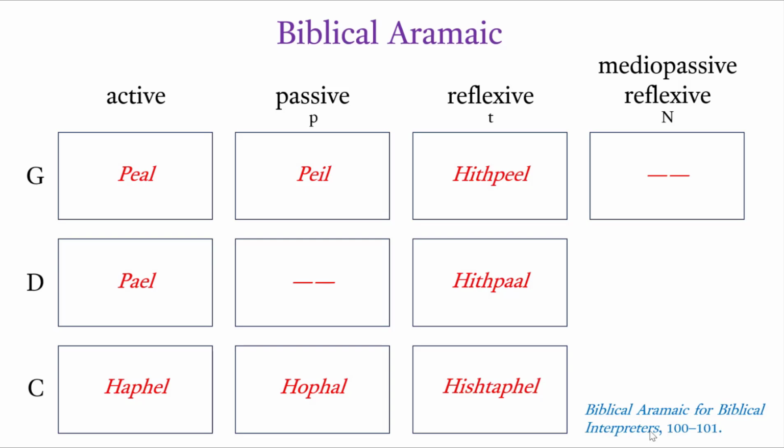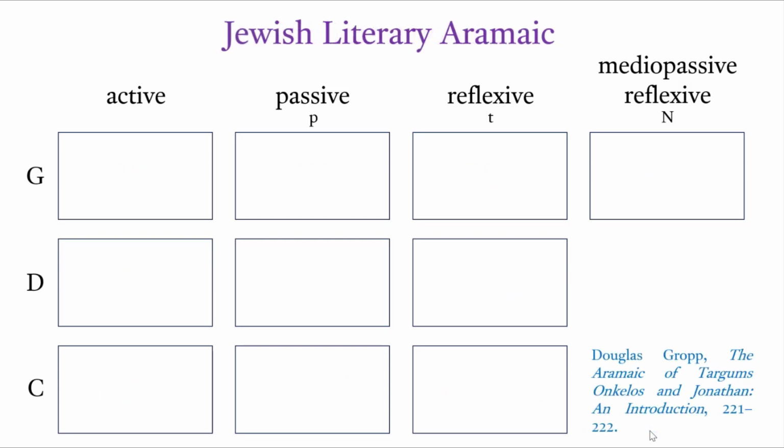And we just notice immediately, well, there's no kual, at least attested for sure in Aramaic languages of the time. Doesn't seem to be any in the Bible, but more importantly, no nun stem. And this is, according to Lipinski, one of the distinguishing factors about Aramaic, no nun stem. So let's come over into Jewish literary Aramaic. What does the stem system look like?